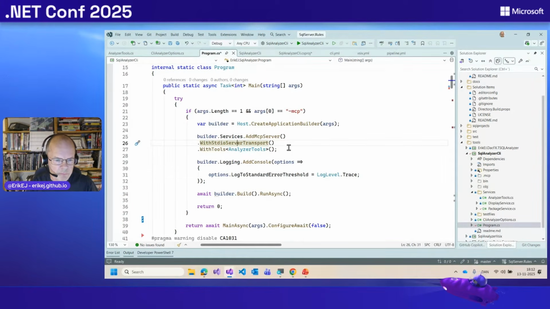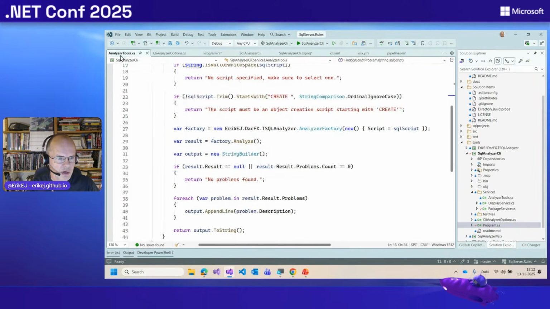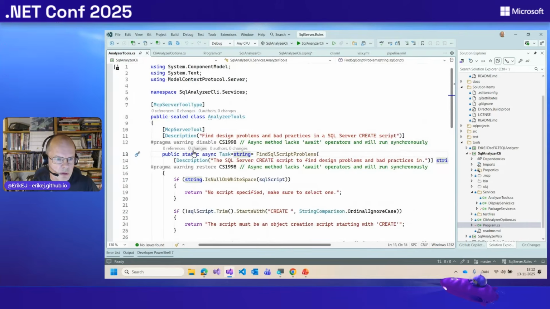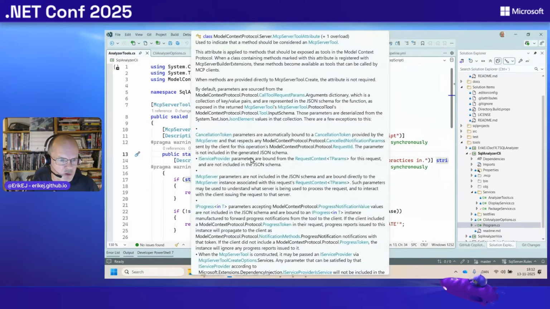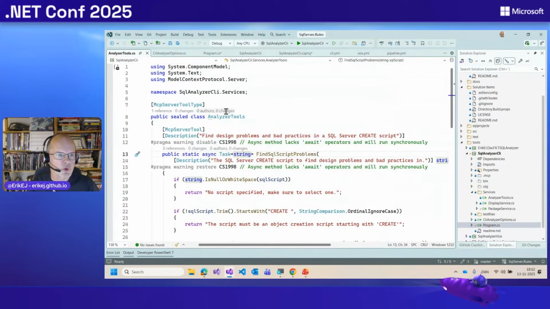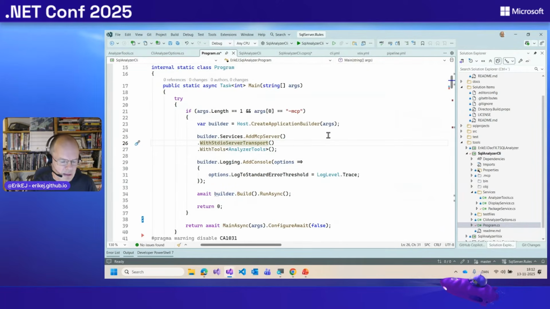This one will basically just scan this analyzer tools class for any methods decorated with the MCP server tool attribute, and then make those tools available. I think there's also a way to just scan everything in your library.